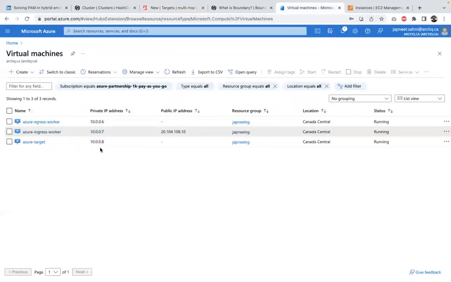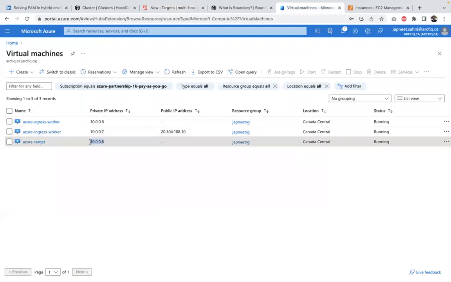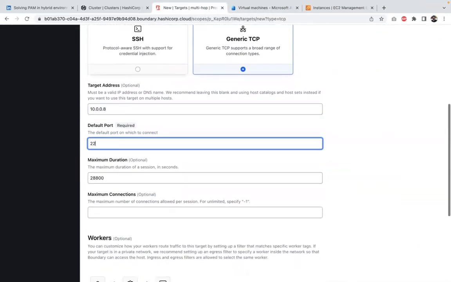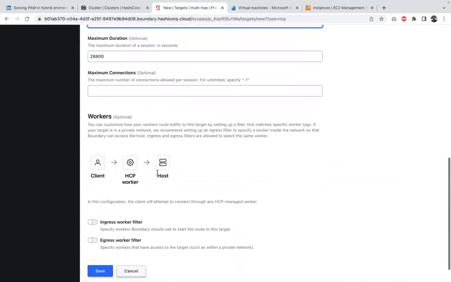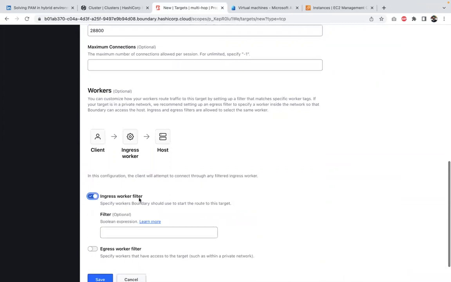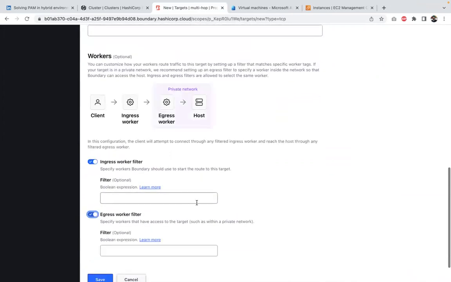So what's my target address? If you see here, the target address is this private IP, right? Which is residing in the target network, private network, sorry. So this is the target address, the default port is 22. And now this is where you'll have to tell what kind of chain it is going to connect to, or make a proxy. So we are going to use an ingress filter,